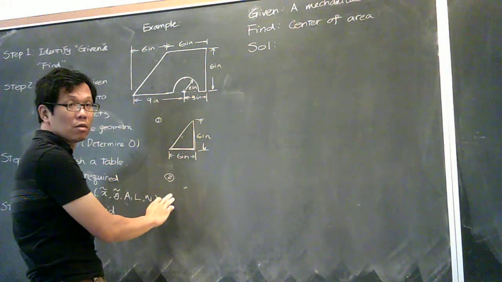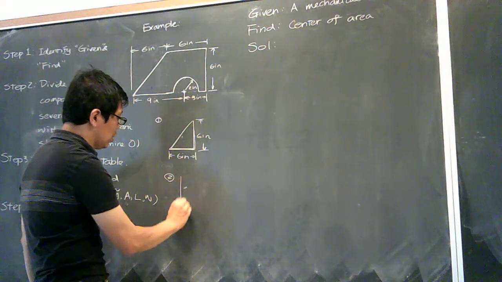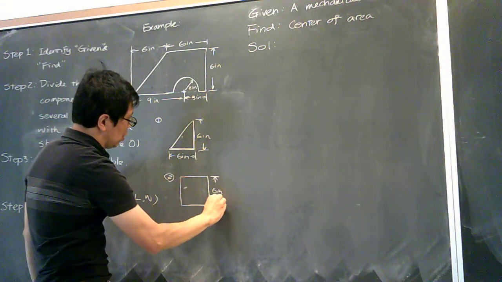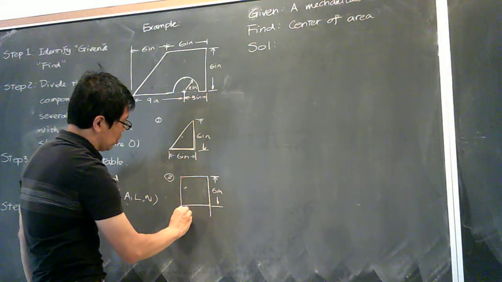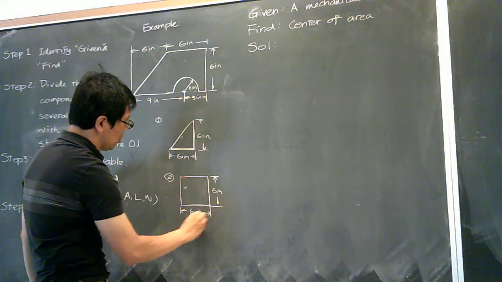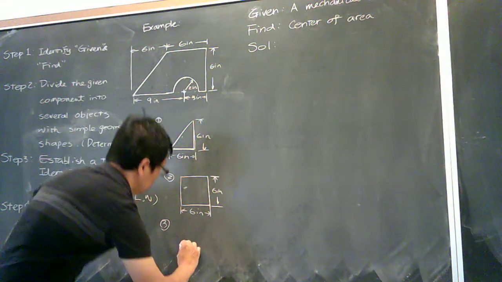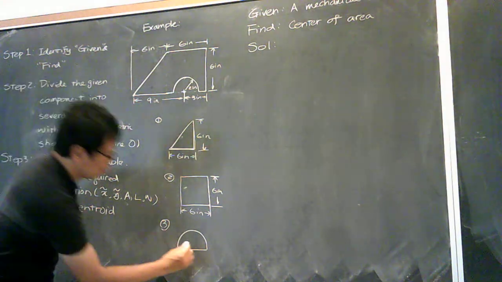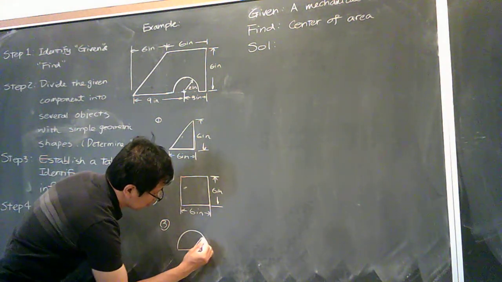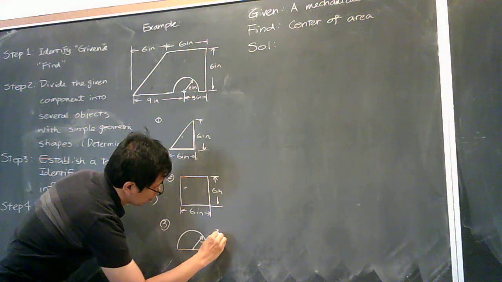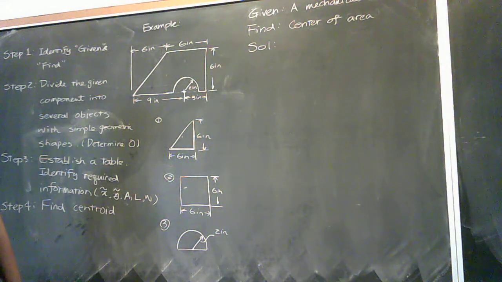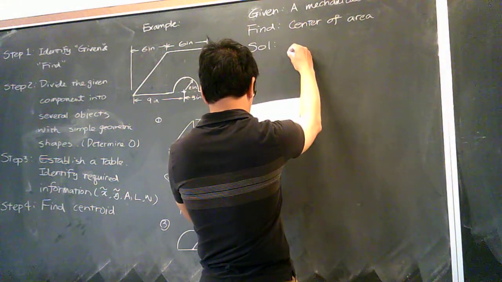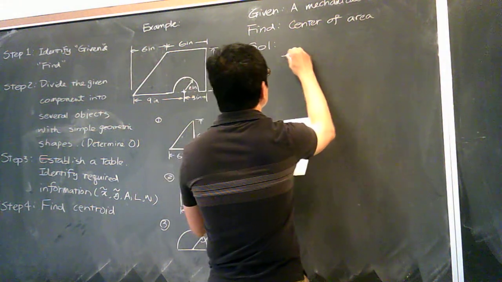What is my second piece? Square. And the third piece is for sure the semicircle. The radius is 2 inch. Okay. Then I would like to fill